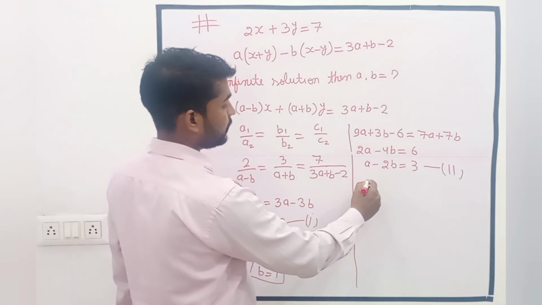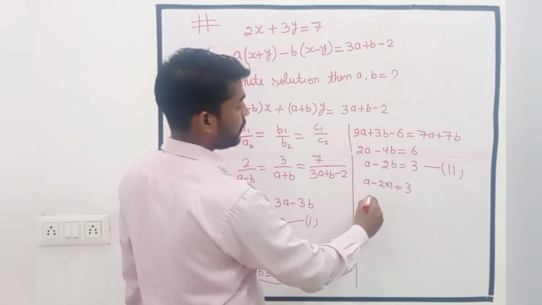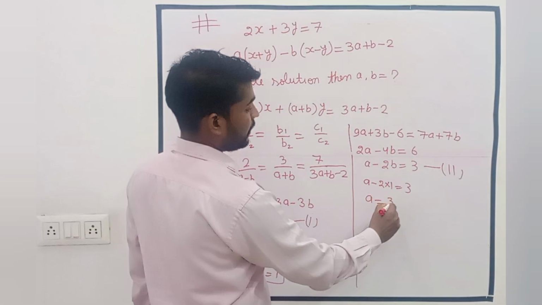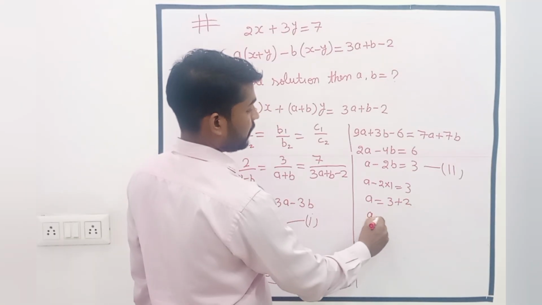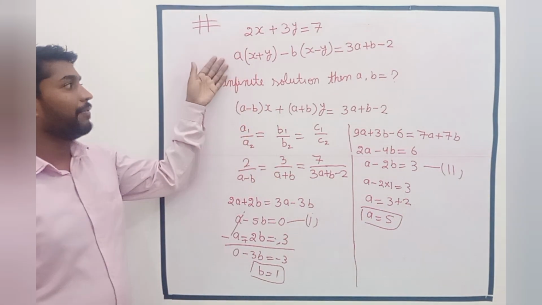We put here a minus 2 into 1 equal to 3, equal to 3 plus 2, the value of a is 5,